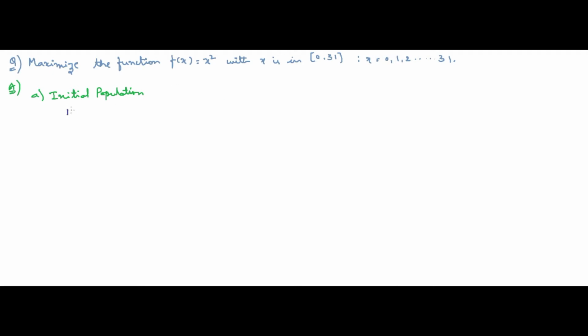I like to take 13 here, 0, 1, 1, 0, 1. This is the binary form of it. And I am taking 24 here. This is 1, 1, 0, 0. And I am taking 8 here. So this is 0, 1, 0, 0. And I am taking 19 here. So this is 1, 0, 0, 1. In this way I have taken some random initial population out of our range, which is 0 to 31. This comes under the initial population step.